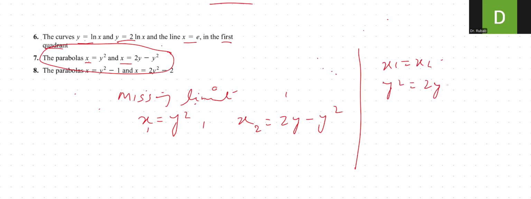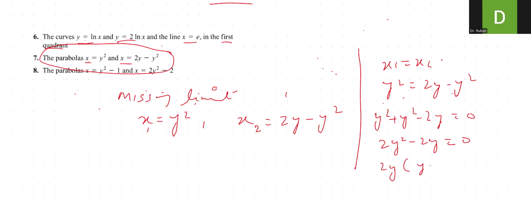So I will shift this here. y square plus y square minus 2y is equal to 0. 2y square minus 2y is equal to 0. So I take 2y common. So the y value is 0 and y is equal to 1. So these are the missing limits, right? So the integral becomes,